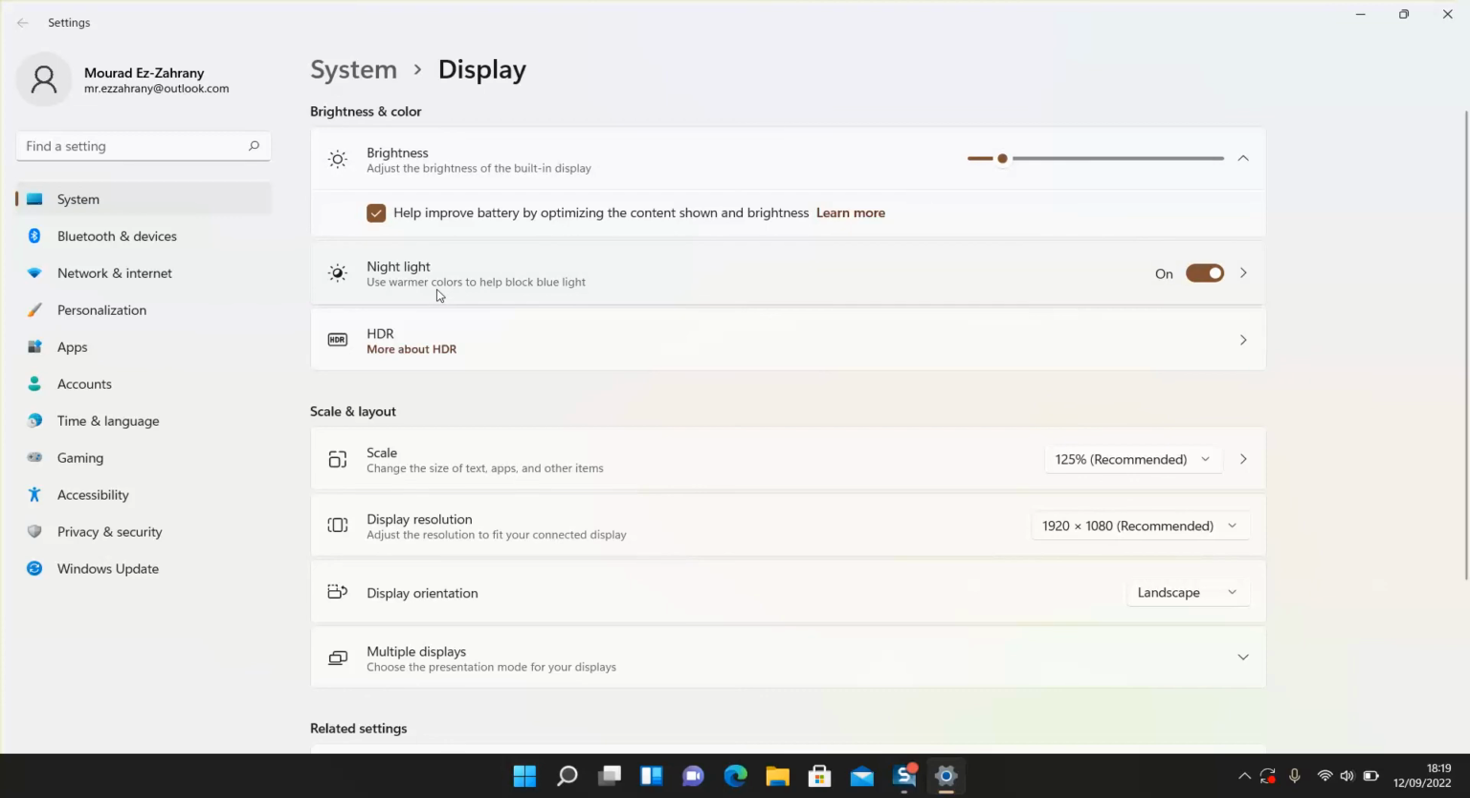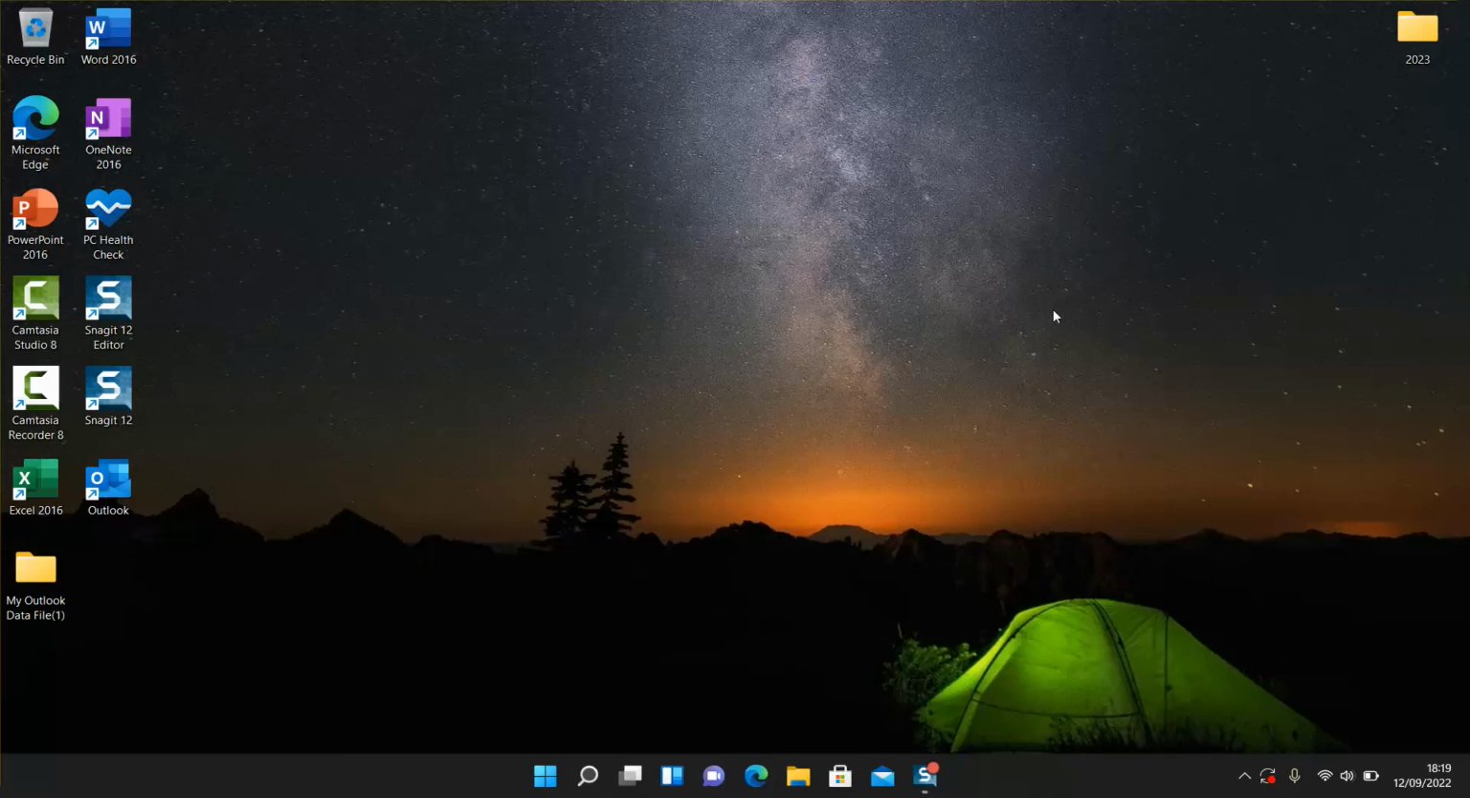You can also add the option Night Light to protect your eyes from the blue light. Once done, just click to close, restart your computer, and your